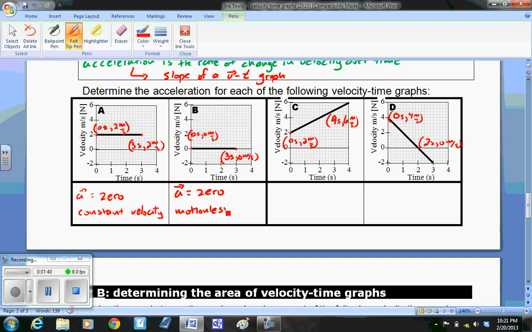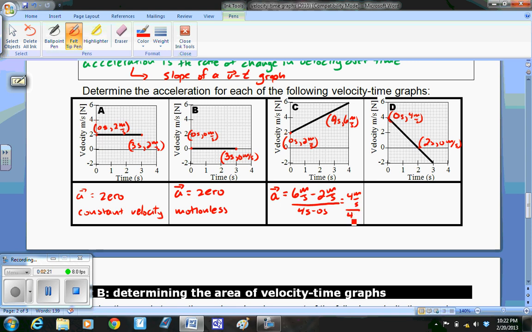It's not changing. Now in C, you can see that I'm going from 2 meters per second to 6 meters per second, and this takes a grand total of 4 seconds. It's very similar to the previous example. So here, when I find my acceleration, I'm going to find the change in the y, change in velocity, so it'll be 6 meters per second minus 2 meters per second. And this occurs over a time interval of 4 seconds. So it'll be x2, 4 minus 0. And we get 4 meters per second